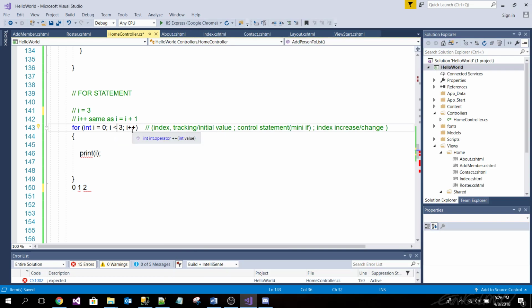Okay. So let me ask you a question. What if I did this? How many times would it print? 4 times. That's right. Then it would print 3. Beautiful. Okay, so what if I were to do this many times? What would get printed?